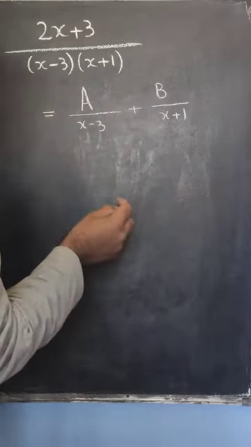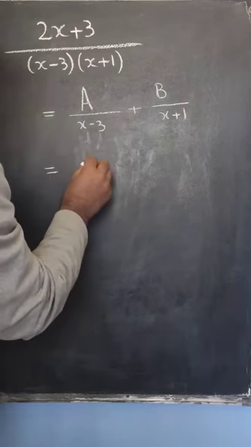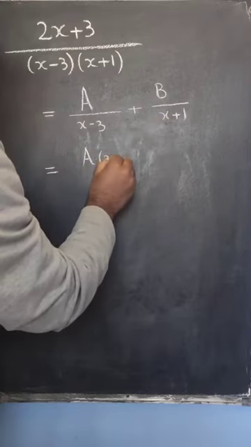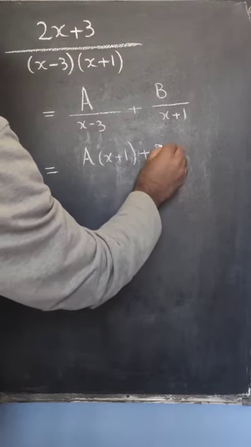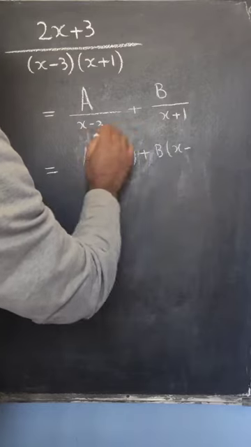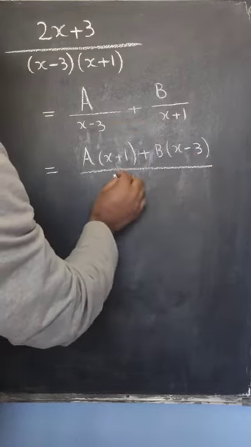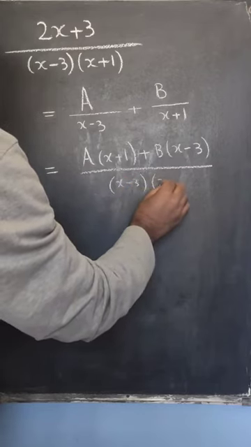Now to find A and B, we can write it as A into (x plus 1) plus B into (x minus 3) divided by (x minus 3) into (x plus 1),